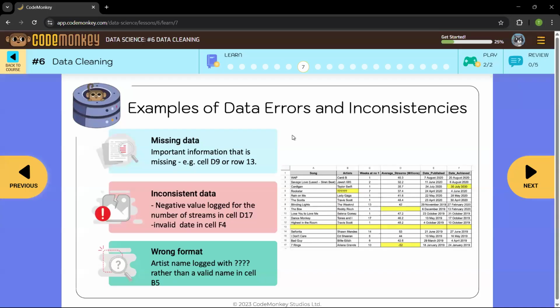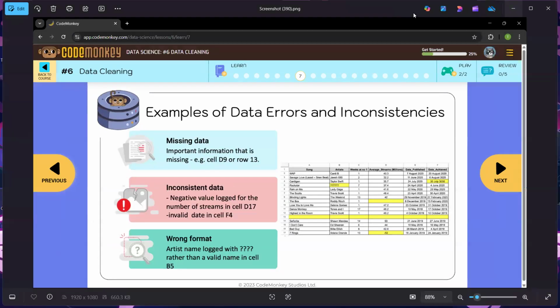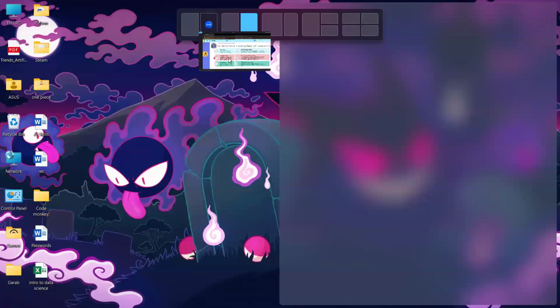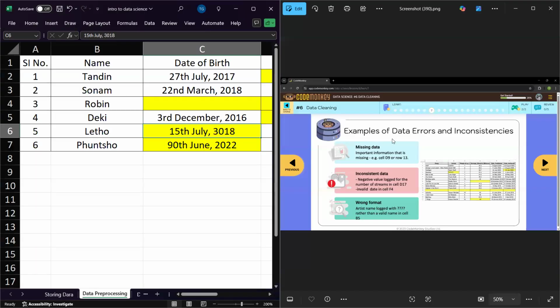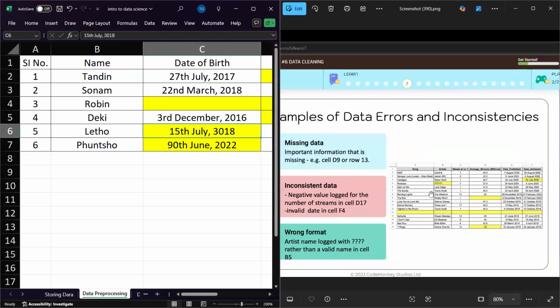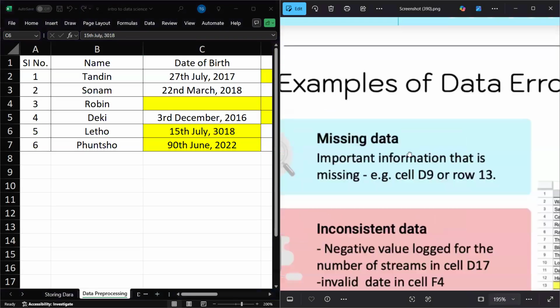Okay. Now, examples of data errors and inconsistencies.